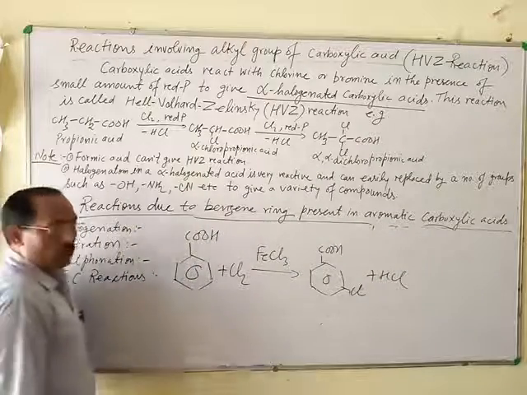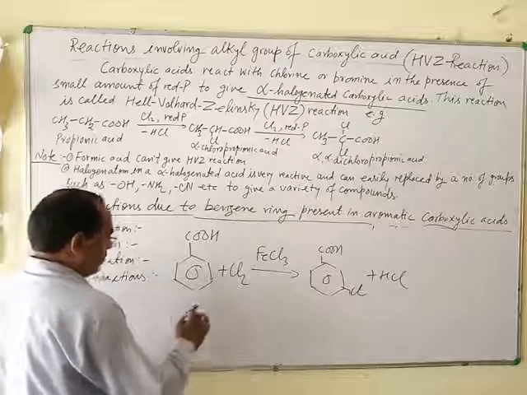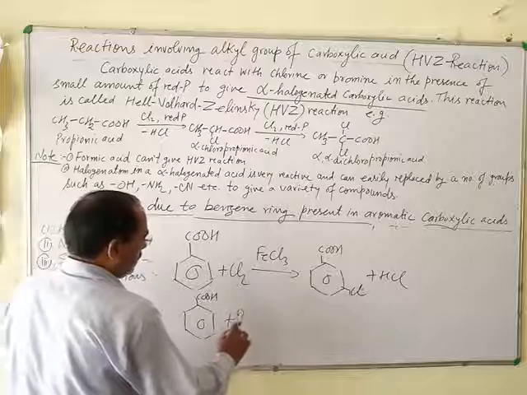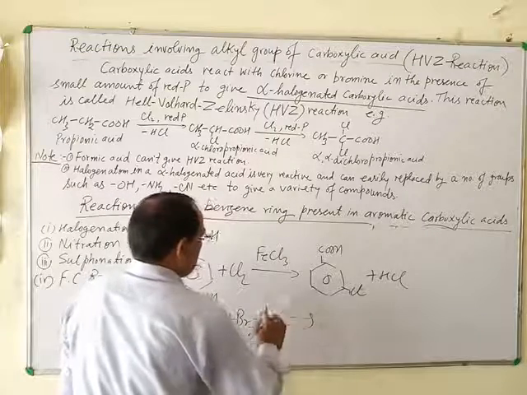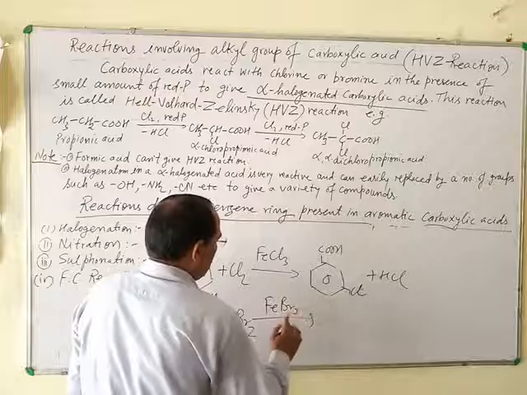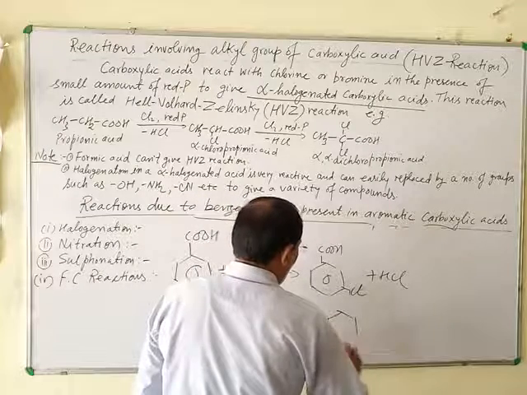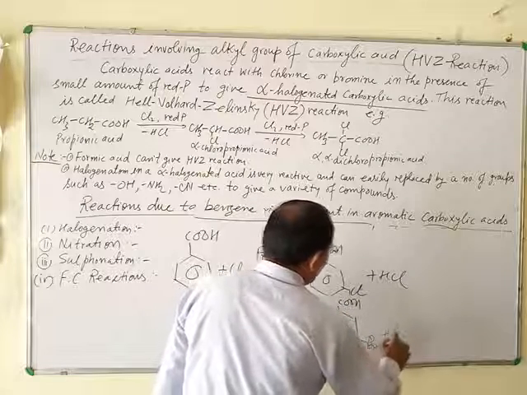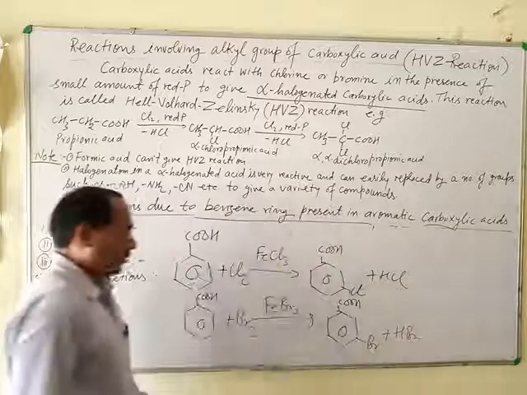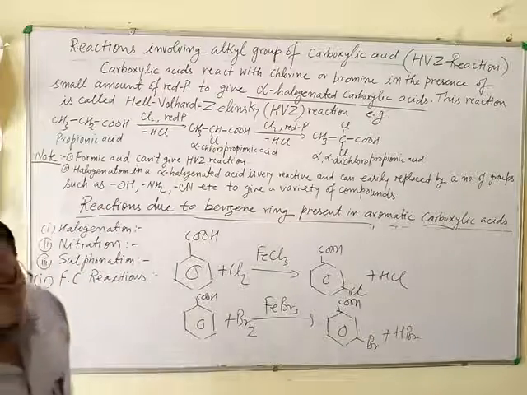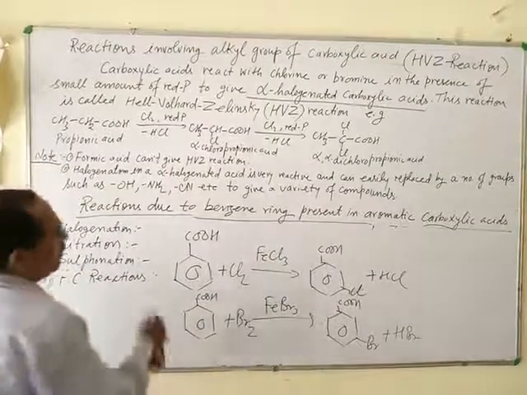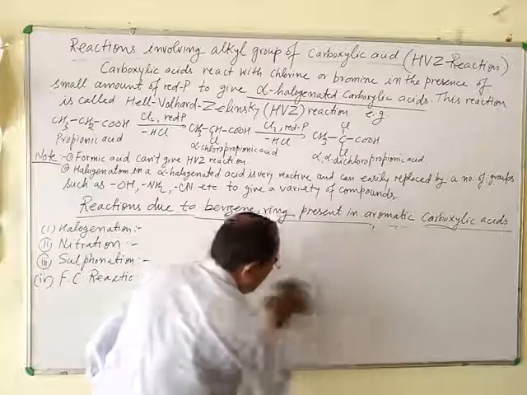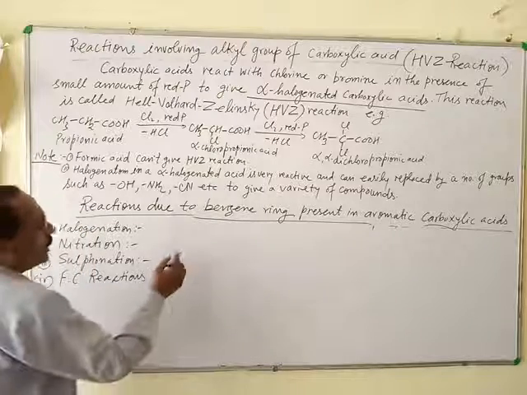If bromination is carried out, means when benzoic acid is brominated with Br2 in presence of FeBr3, meta-bromobenzoic acid is formed. This is chlorination and bromination of benzoic acid. Now about the nitration. When benzoic acid is nitrated